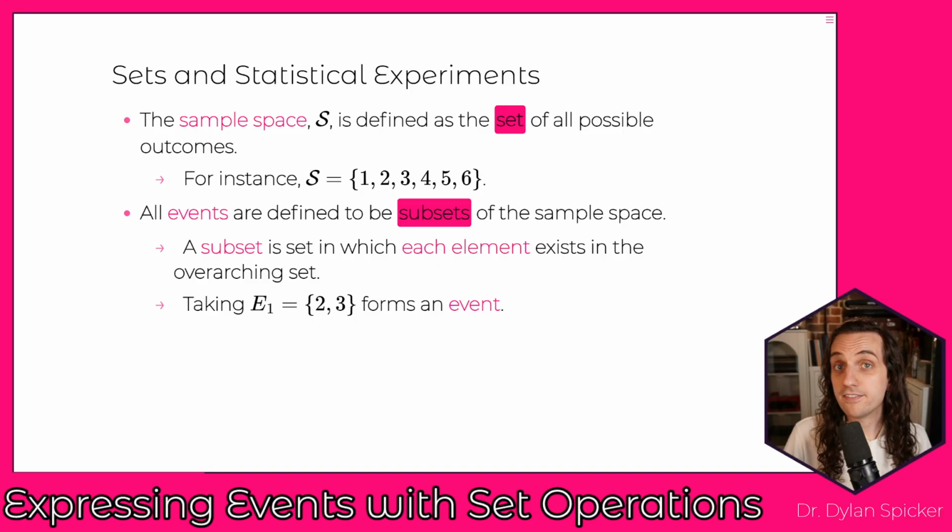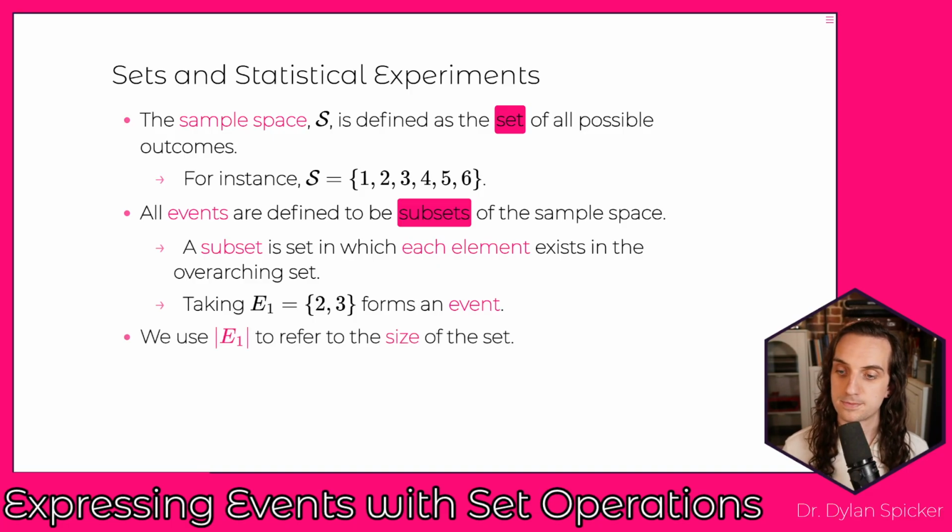larger set. If instead we had said something like E1 was going to be the set containing 2 and 7, this is not going to be a valid event. It's not going to be a valid subset because that 7 is not in our sample space. In order for something to be a valid subset, everything inside of it has to live inside of the larger set. And so in the case of events and sample spaces, everything inside of an event has to exist inside